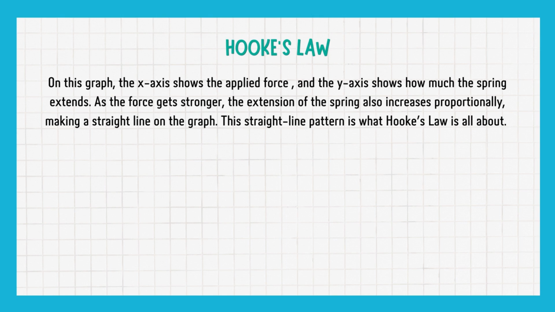As the force gets stronger, the extension of the spring also increases proportionally, making a straight line on the graph. This straight line pattern is what Hooke's law is all about. But it's essential to notice the point where this